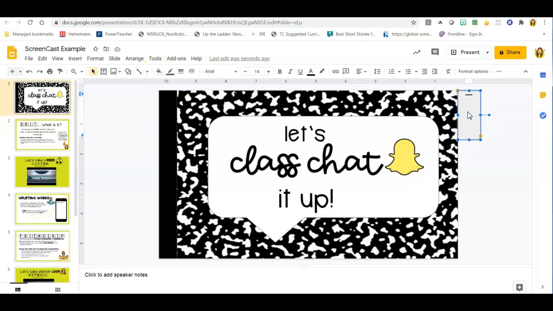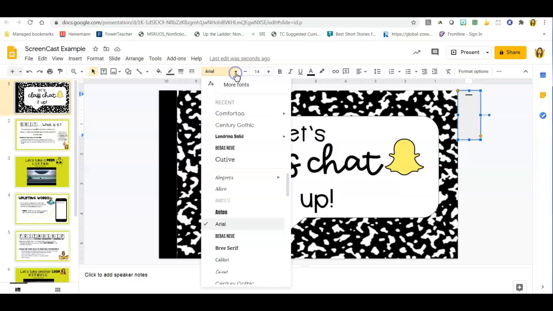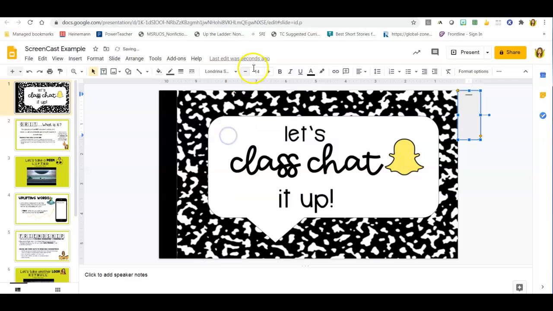So what's cool about this is because it's a shape and because I rotated it already, the text will already align with it. So it's not like you have to change the text. All I did to get the text was double click into it. Now again, you could change it to a certain font and a certain size. And then you're going to create whatever this tab might be. So maybe this is a reading tab on their digital notebook, or maybe it's a level tab, or whatever it